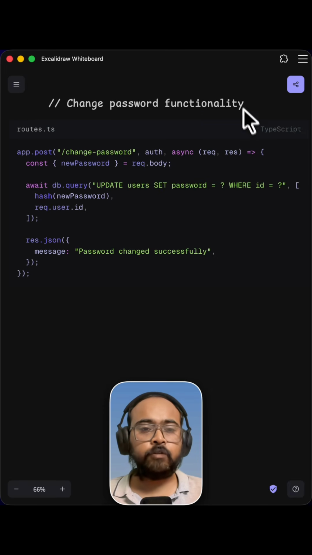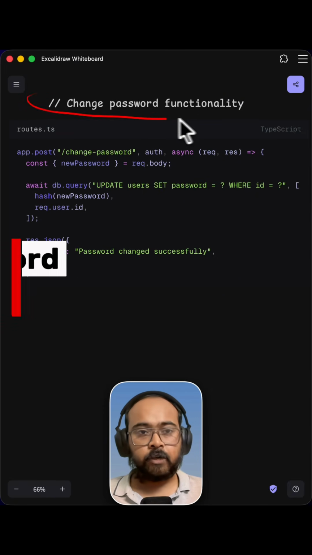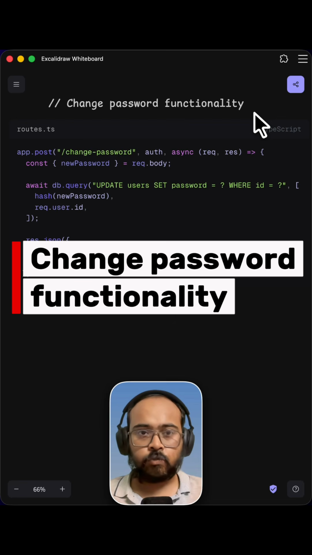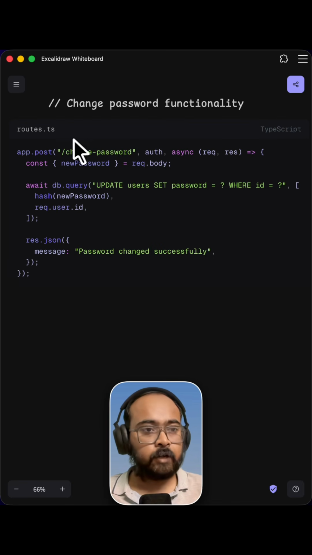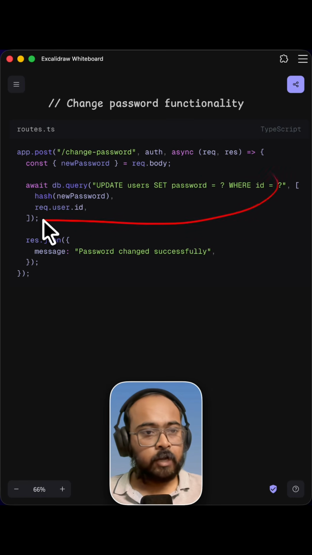So a junior developer in your team has written this code for changing password functionality, and you have been asked to review this code. So if you just check the code line by line, so we have a change password endpoint, and we are checking if the user is authenticated, and then we are extracting the password that user has sent along with the request, and then we are updating the password in the database, and also we are not